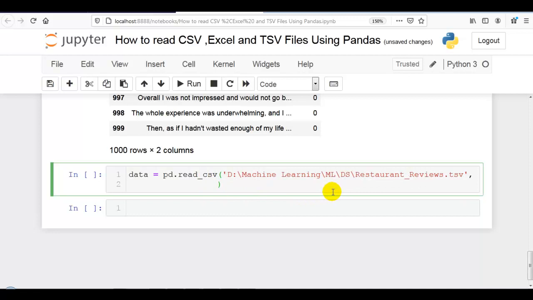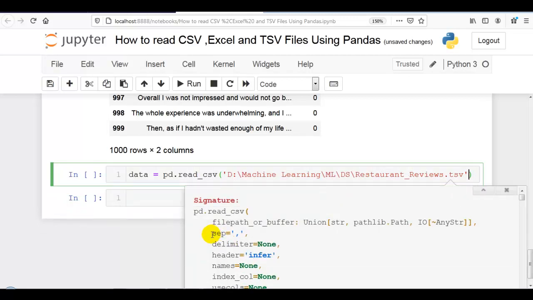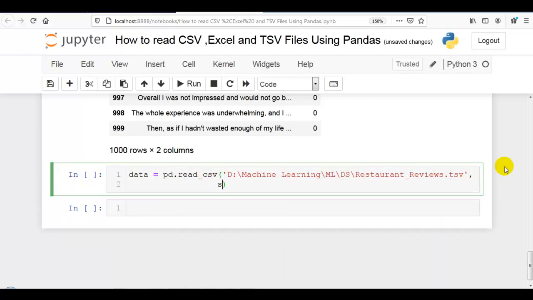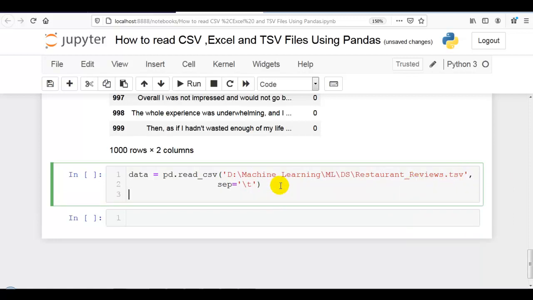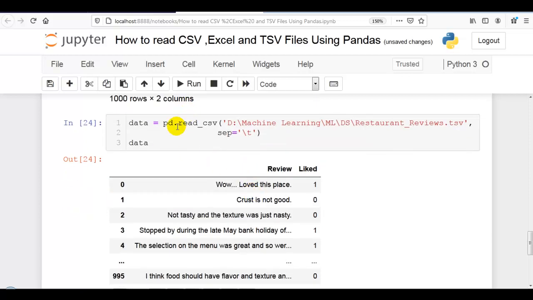When you press shift tab, you can see the default separator is comma because it is read_csv. So we have to change this separator to backslash t, because restaurant_reviews is a tsv file, tab separated values. Now you can see our tsv file is successfully printed with the help of read_csv.